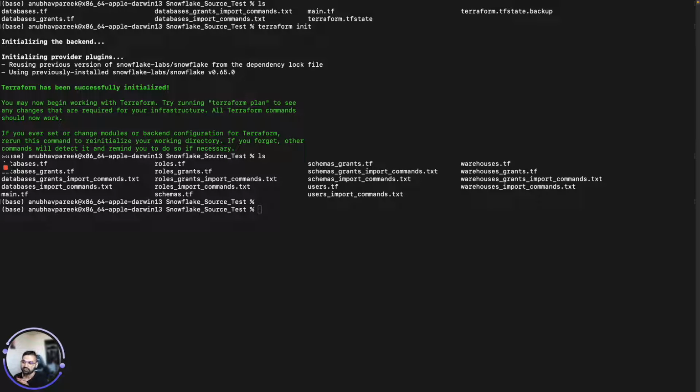As part of this session, we will focus on importing the .tf files by using the import commands that we have generated from the datalakehouse.io Terraform feature. So in the last video, we saw how we could generate files in this format, where you would basically see